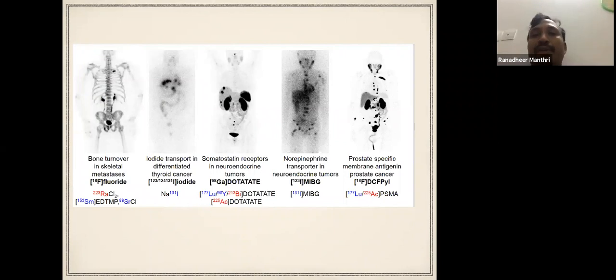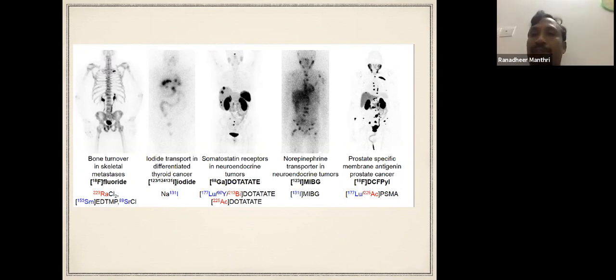Previously, for bone turnover in skeletal metastasis, you used F18 fluoride. This is a bone scan. The same thing, we are using radium for therapy, an alpha emitter, the ALSYMPCA trial, samarium, strontium, all for therapy. Samarium and strontium are beta emitters. Radium is an alpha emitter. F18 fluoride is a positron emitter. Technetium MDP is a gamma emitter. So for imaging, technetium or F18. For treatment, samarium and strontium, which are beta emitters, and radium, which is an alpha emitter. Iodine 131 is the single agent which can be useful both for diagnosis as well as therapy.